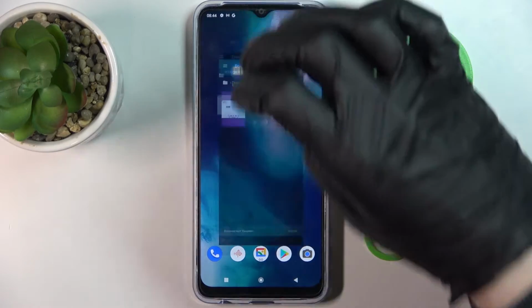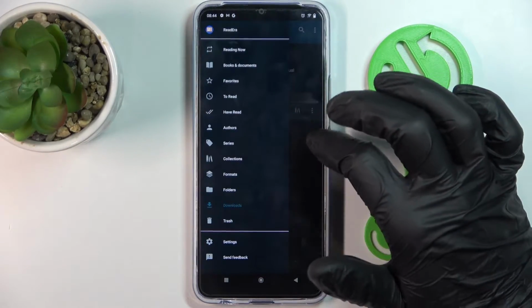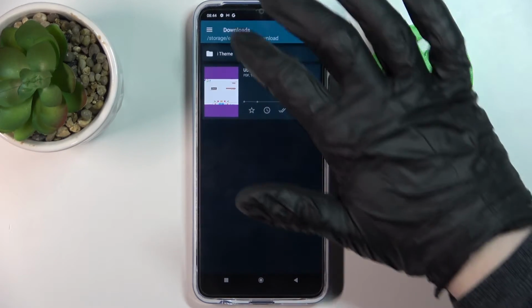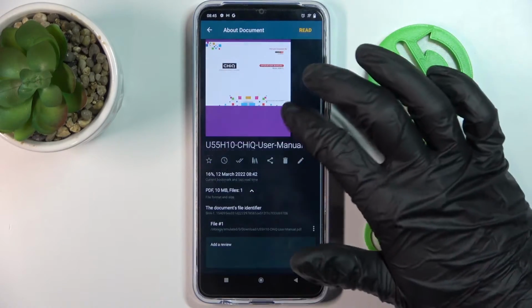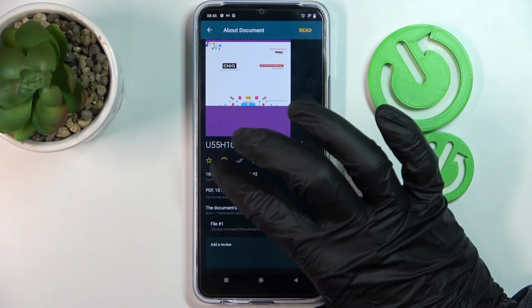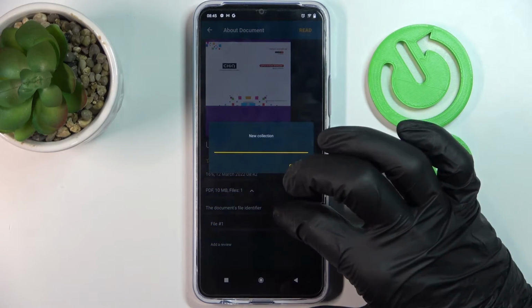Another app is ReadEra, and what it does, it's actually a reader for any books or instructions or anything you want to read on your phone, and it's actually really easy to use and really simple. So I have this manual for the TV, and you can add it to your favorites, you can add it to the timeline to read, you can select that you've completed reading it, and you can create your own collection